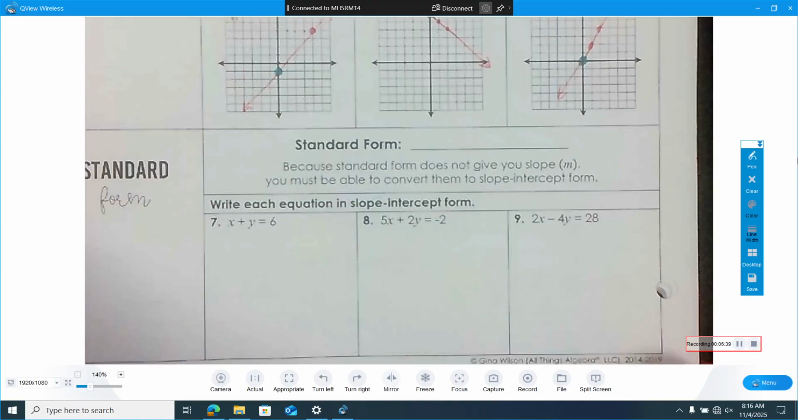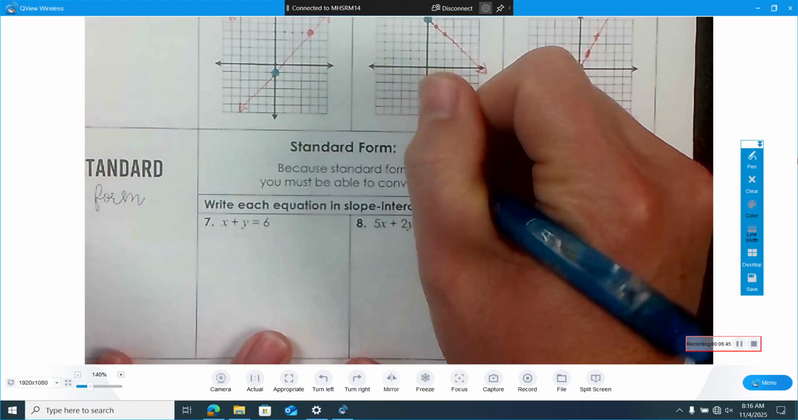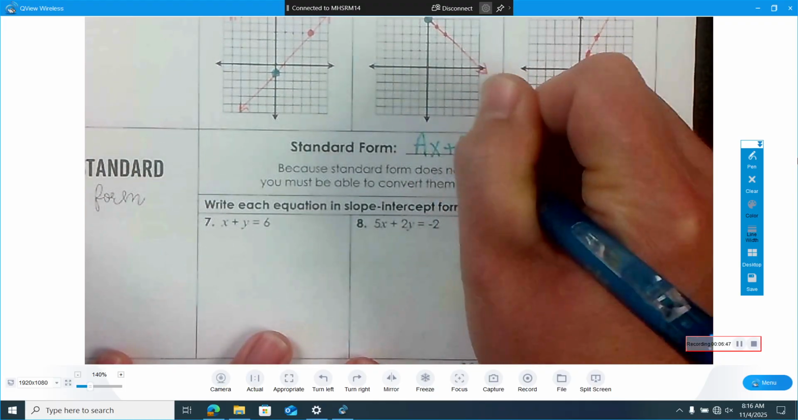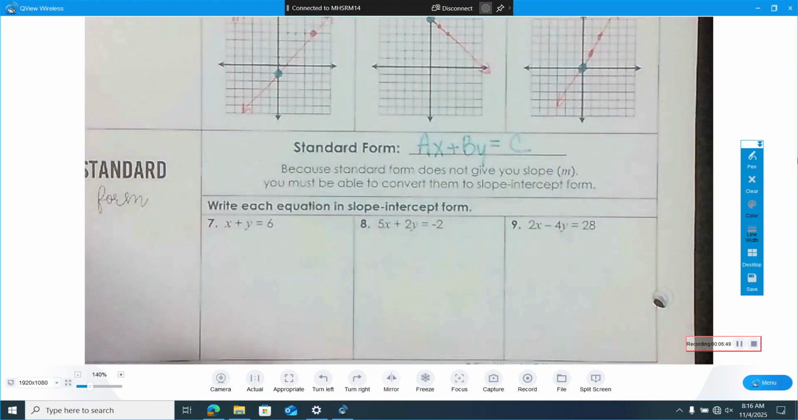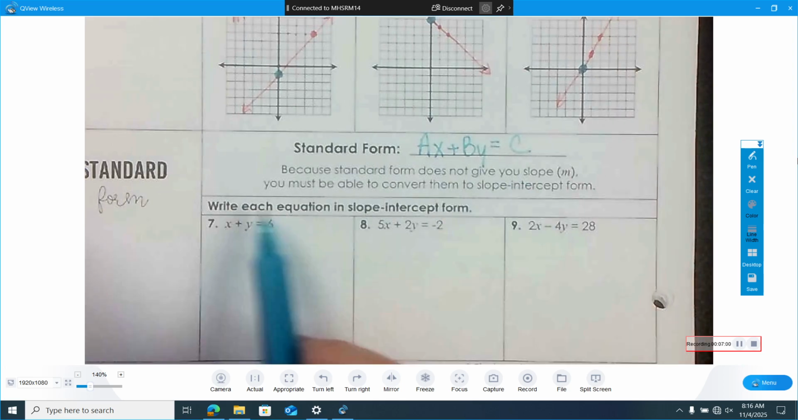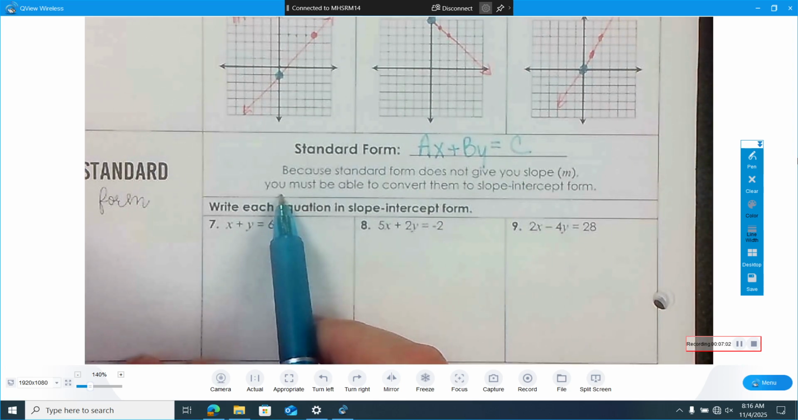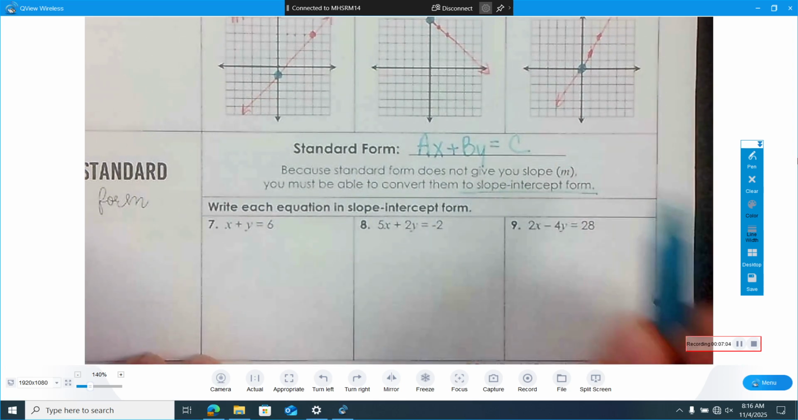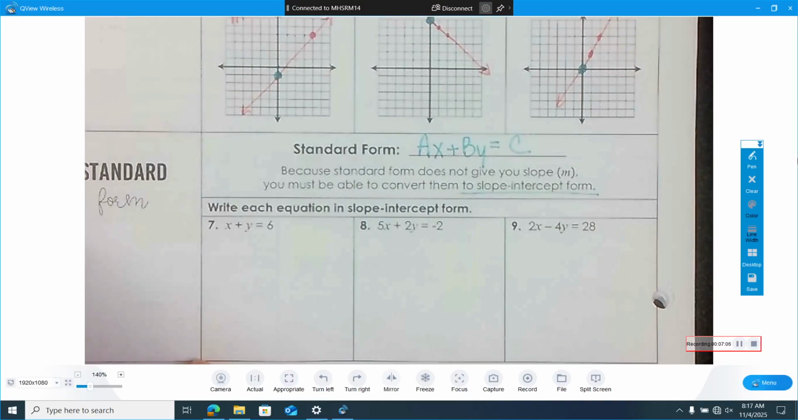And now we got to go standard form. So standard form is ax plus by equals c. So the x and the y are on the same side, and everything has a coefficient, a number in front. It does not give you the slope, so we want to be able to convert them to slope-intercept form. So we basically just need to be able to isolate